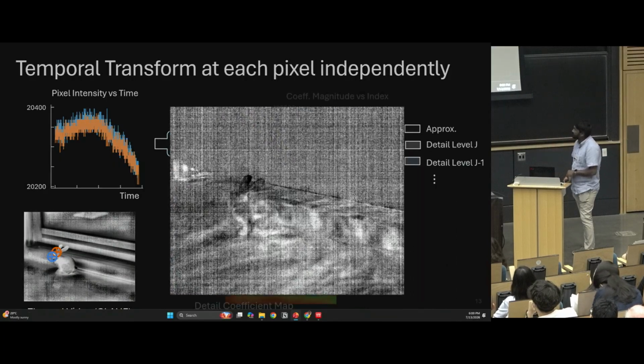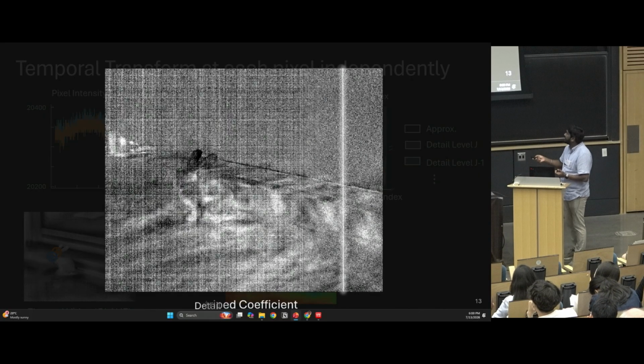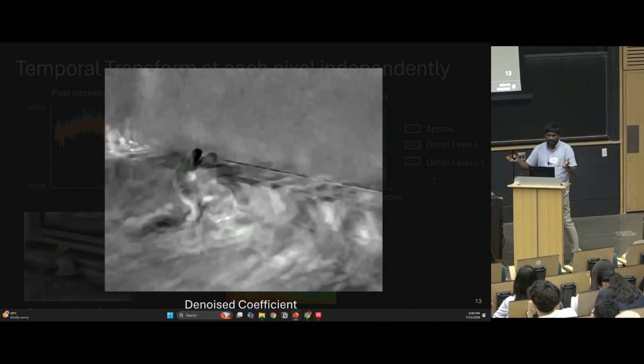And now that we have this, we know how to do image denoising. We have tons of methods. In our case, because of this low SNR, we had to do a custom destriping algorithm, and then we have an off-the-shelf denoising algorithm like BM3D. But you can use whatever spatial denoising you want or build your own.